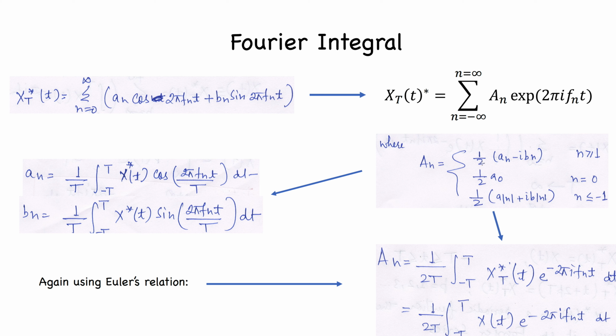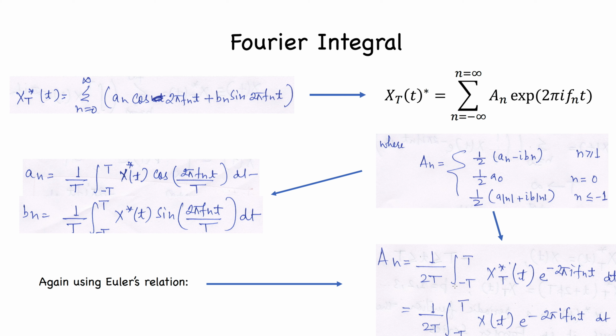And we know the values of a n and b n from our previous case, where we saw the coefficients a n and b n for the generic case of the Fourier series. If x star t is a periodic function, we can write a n and b n like this. These values, along with Euler's formulation, are put inside the relation a n is equal to half of a n minus i b n for n greater than or equal to 1. So if we insert them there, a n essentially becomes 1 by 2T integration between minus capital T to capital T